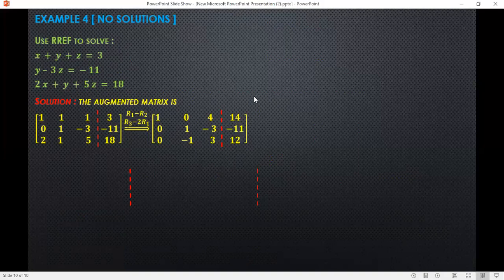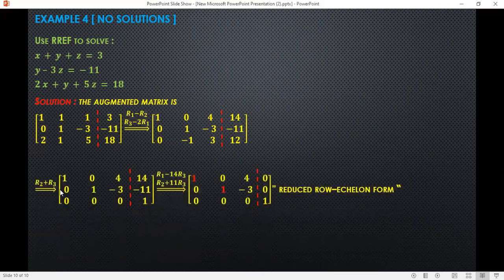And after that, what I want is to make this element 1, or enter 1, 0, 0 here, and here we still have a 1, and 0 upper and 0 lower, and here we have 1 and 0 and 0 upper and lower. Okay, this is the form I'm going to try to reach. After that, here we get this form by adding the second and the third rows. The second and third cancel out each other. Then here we get 0